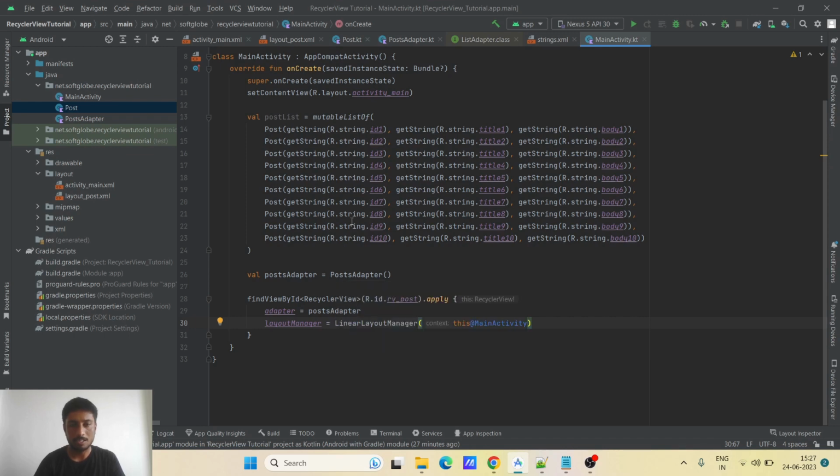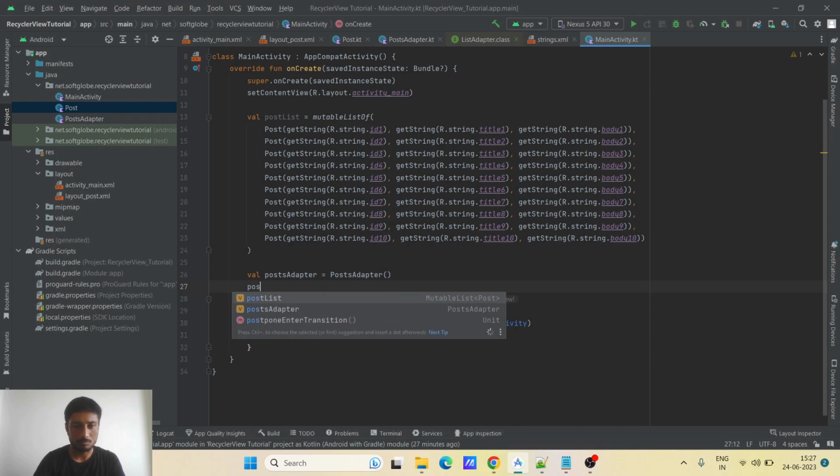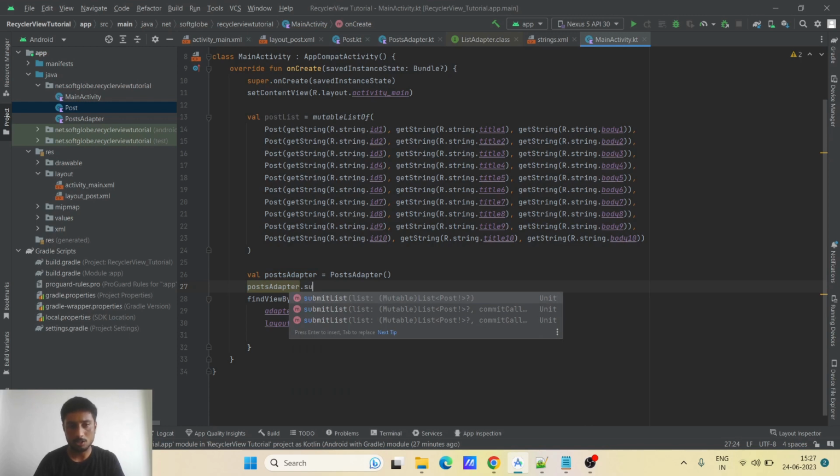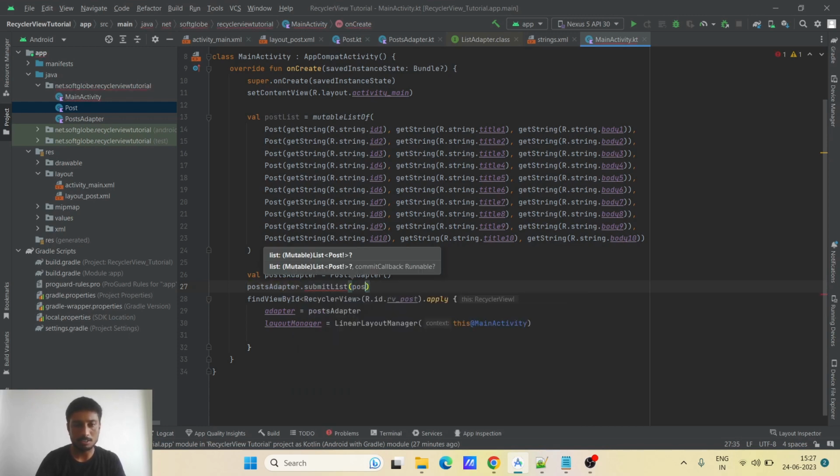Okay, and finally we have to provide the list to the adapter, so we write postAdapter.submitList, we have here the option. In this we'll pass this post list,